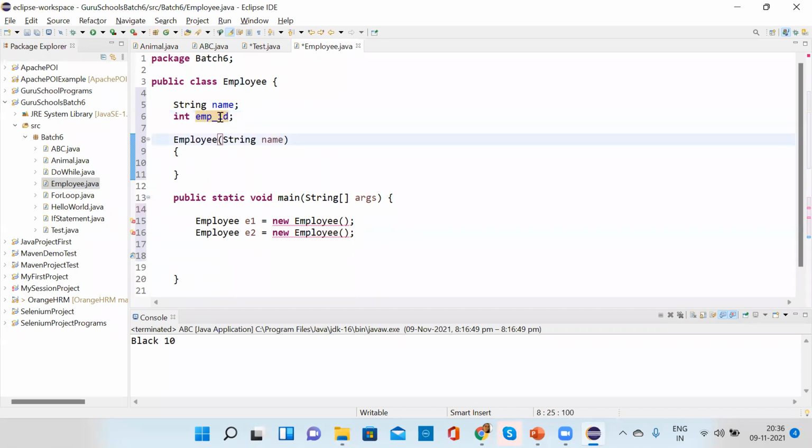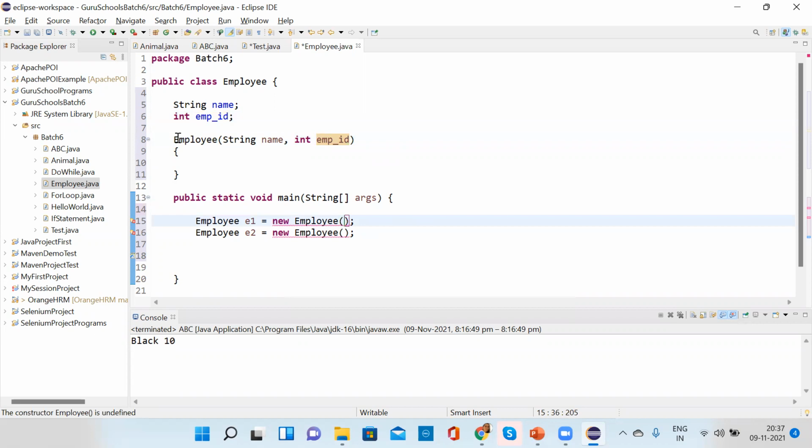Anything you can write. Employee ID also you can give like this. It's better if you use underscore so you can read it easily, but it's all your choice. For variables there is no thumb rule, it all depends on you.